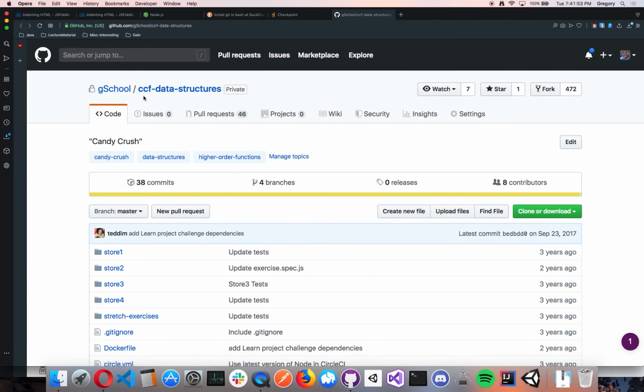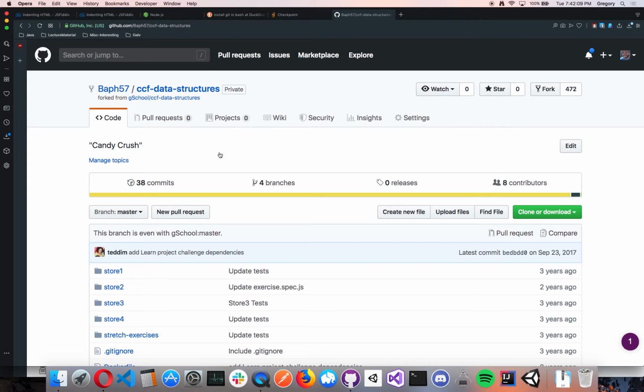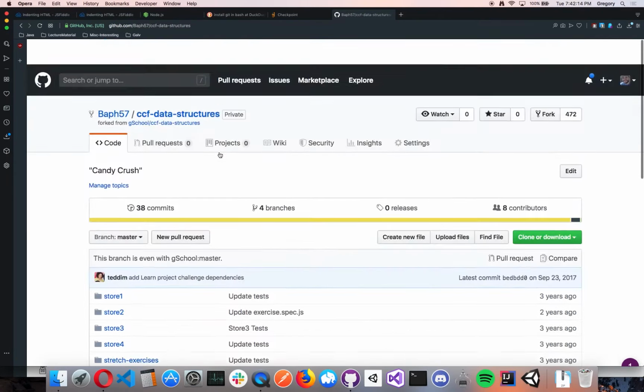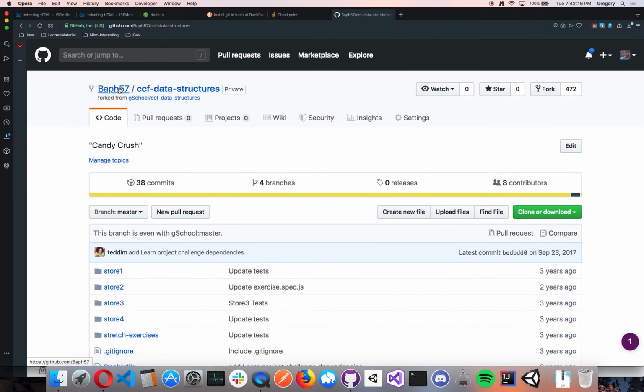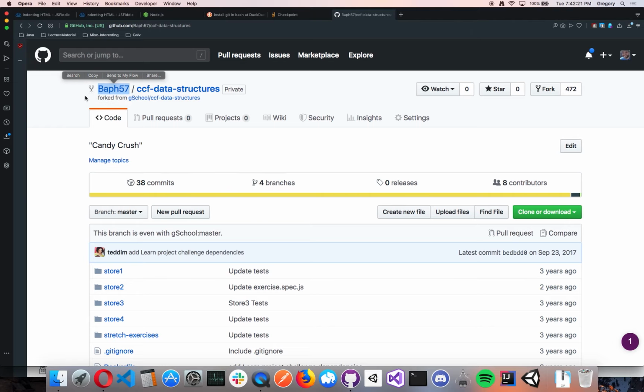Here we arrive at this private repository that we do not want to clone. Do not click this. You want to click this right here. Now, I've already done this, but it should just say your profile name. Now you will click on your profile name, in which case you'll arrive at something that looks like this. Awesome. You're doing good. So now that you confirm that your profile name on the left is next to this fork symbol, that means you're working on your own private copy of this